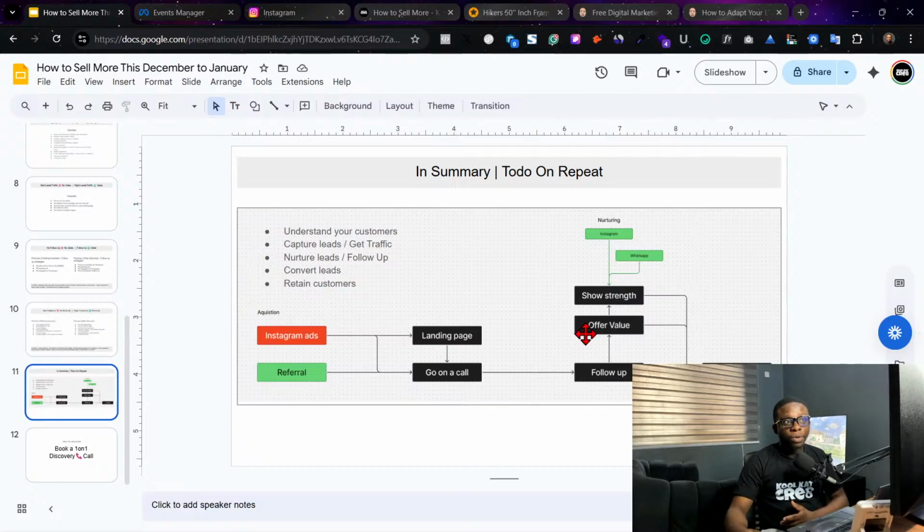But to me, even if you're running it yourself, ads is not a bad thing. If you were a physical store and no one is passing through your door, you would know that your business is bad. It's because it's online, we feel like everybody is online. We feel like people will see the business one way or the other. It does not work that way.